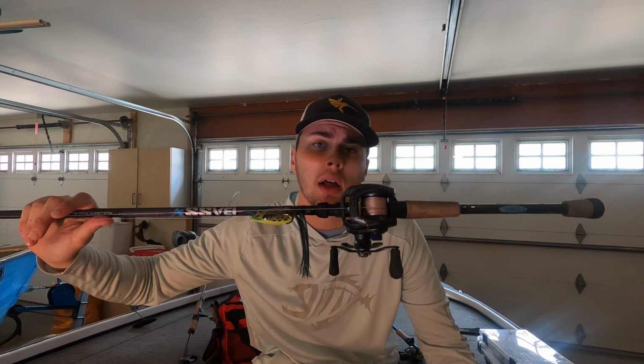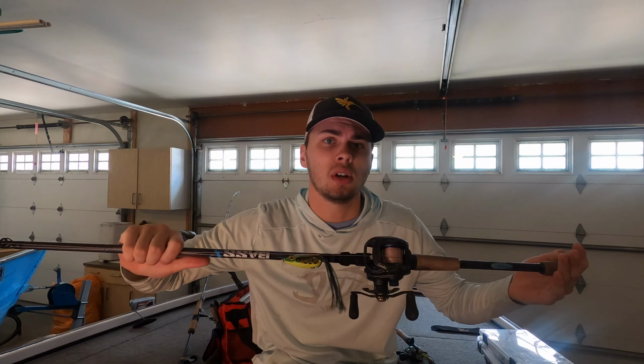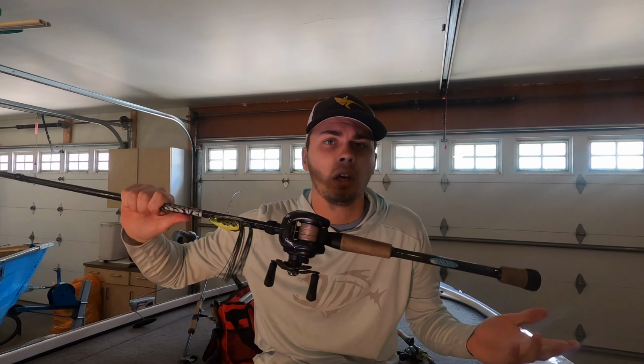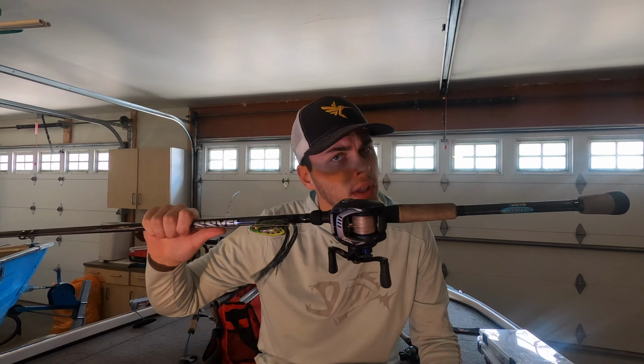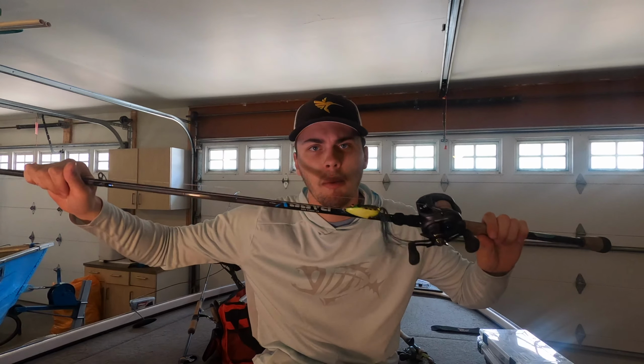This is a heavy rod that has a fast tip. You can use it more than just frog fishing. You can use it on big football jigs, if you're punching really thick mats. This is more of a multi-purpose rod. You can do a lot more with this than